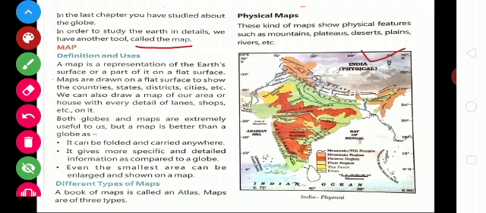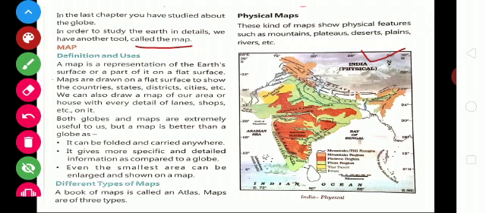We can also draw a map of our area or house with every detail of streets, roads, shops, even your neighboring hospital, neighboring playground, or anything we can draw as a map.